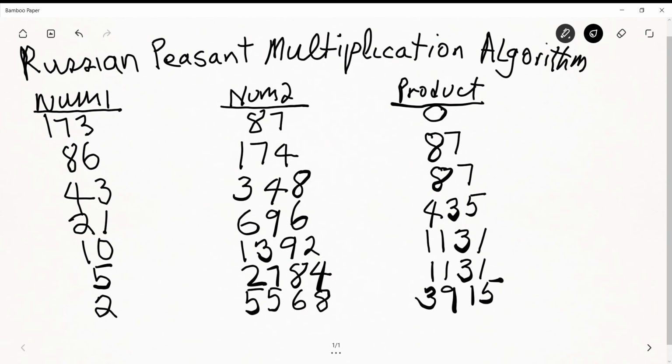So now the first number is a 2, so leave the product as the same. So it's going to be 3915. Okay, then you divide the first number by 2, that's a 1. Multiply the second number by 2, which is going to give me 11136. So now I check the first number, that's an odd number. Add the second number to the product, and so that gives me